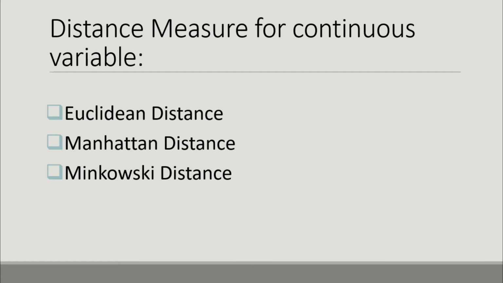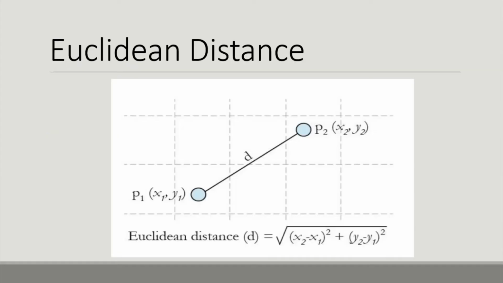For KNN, we have to use a distance measure formula to find the distance from one instance to another instance. There are three types of distance calculating rules. One is Euclidean distance, another is Manhattan distance, and the last one is Minkowski distance. In our KNN algorithm, we will use Euclidean distance because it is very easy and understandable.